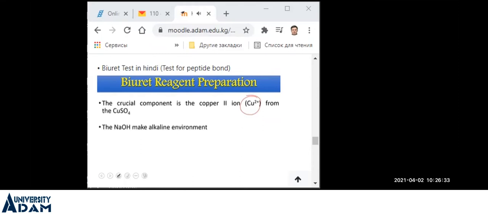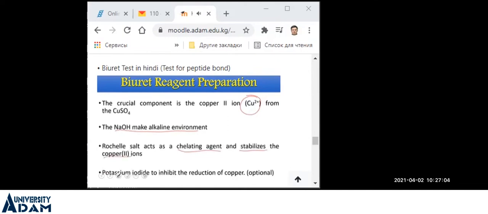दूसरा NaOH जो होता है वो रिएक्शंस की कंडीशंस को, एनवायरनमेंट को, सॉल्यूशन को अल्कलाइन बनाता है, बिकॉज रिएक्शन जो होगा वो अल्कलाइन एनवायरनमेंट में ही होगा। तो NaOH का काम है अल्कलाइन एनवायरनमेंट प्रोवाइड करना। रॉकेल सॉल्ट या सोडियम पोटेशियम टार्टरेट जो है वो चिलेटिंग एजेंट की तरह बिहेव करता है। जैसे और भी टेस्ट में हमने देखा है, जहाँ बेनेडिक्ट टेस्ट में हमने देखा है, फेलिंग टेस्ट में देखा है, जहाँ चिलेटिंग एजेंट हम यूज करते हैं। तो ये चिलेटिंग एजेंट की तरह यूज होता है और ये स्टेबलाइज करता है कॉपर +2 आयन को।